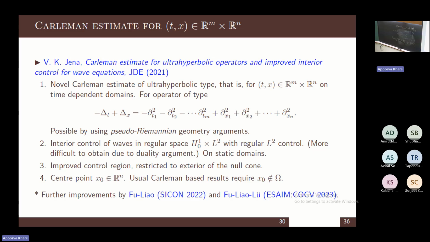And again, as we saw in the previous figures, the control regions we get are restricted to the exterior of the null cone, and the observation point can be anywhere; inside or outside does not depend on the domain. And as you were asking, some further improvements were done to this using a similar Carleman estimate for ultra hyperbolic type operators. So what they did is,